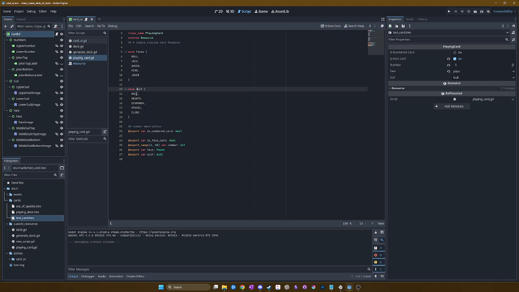We do the same thing with suits. We've got null and then our suits. And now we get into our variables. So an export variable is basically making it so the variable will be over here on the side of the inspector. You can see we have our variable here is numbered card,